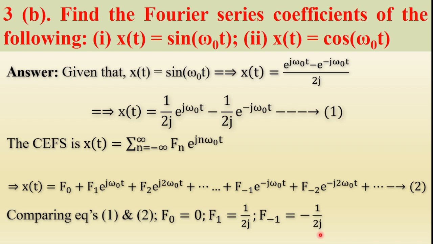Now here, calculate the Fourier series coefficients. So what are the Fourier series coefficients? Fn is the Fourier series coefficient. For n from minus infinity to plus infinity, the coefficients are F minus infinity, F minus n, F minus 3, F minus 2, F1, F2, F3, F infinity, F0. So the Fourier series coefficients of the given signal are F0, F1 and F minus 1. And similarly, calculate the second bit Fourier series coefficients.